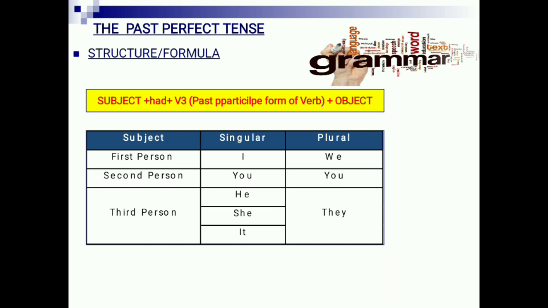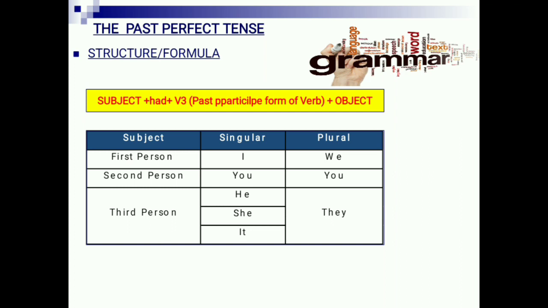This is the past perfect tense. So students, when can we use past perfect tense? When the action has happened in the past. The action has taken place in the past. It has been completed over there. That time we can use past perfect tense. After giving examples, you will get a clear idea of it. But before that, we will learn its formula.